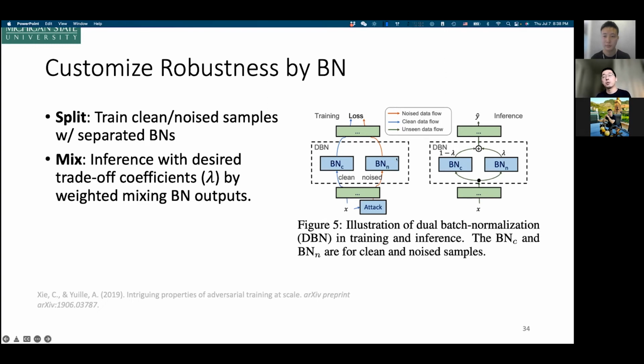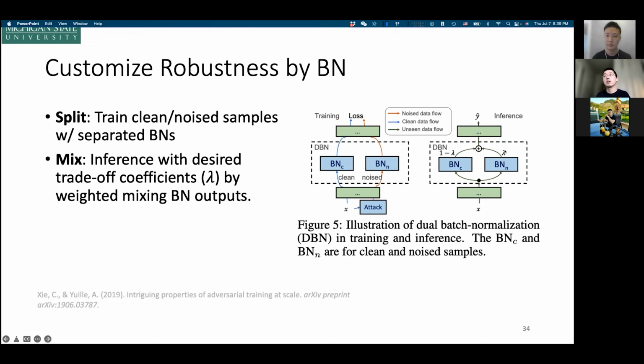And in our work, we simply modify this. So this is already the previous idea of splitting the network. Now our contribution is on how we can combine them back. We provide an embarrassingly simple method. That is, we only combine the output per layer of the batch normalization by linear combination.